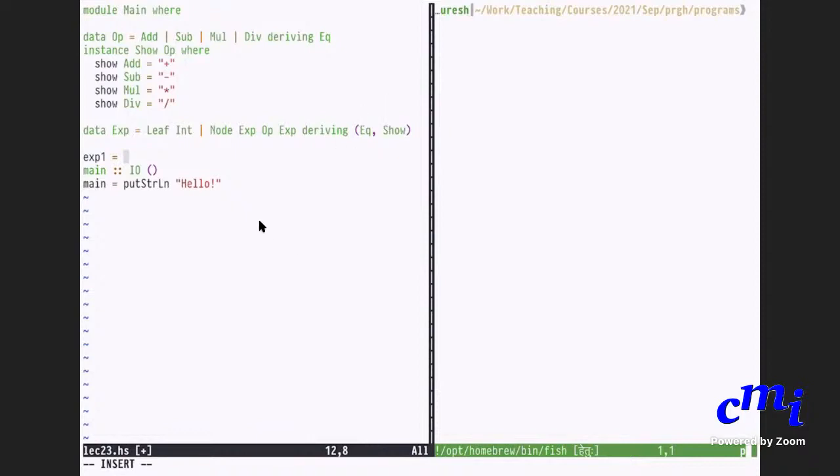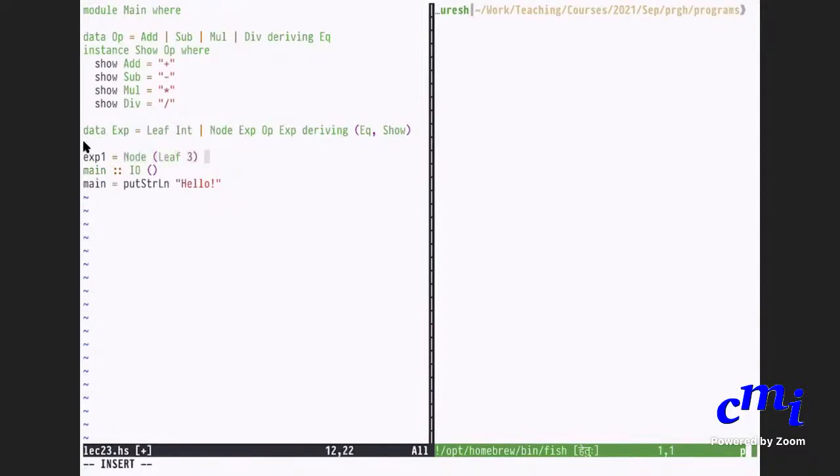So now, can somebody give me expression 1, I want to say, for 3 plus 5 into 2. I shouldn't say exp, no. I should use the value constructors. The value constructors are node and leaf. That's all. Okay, so then node, within parenthesis, leaf 3.